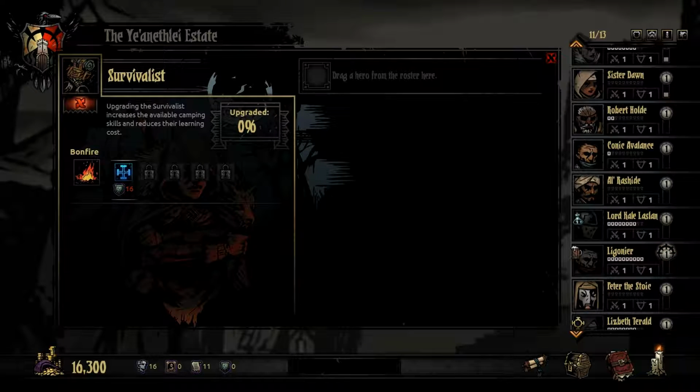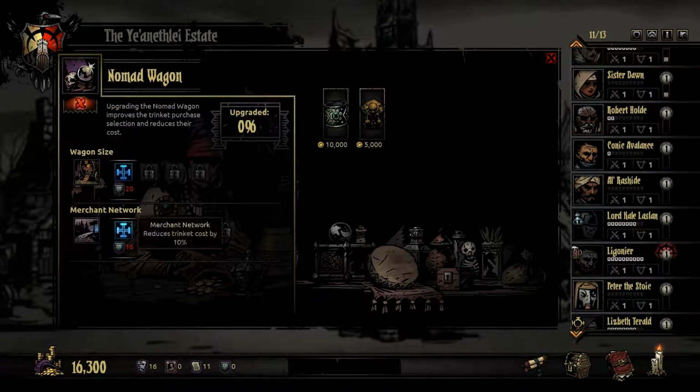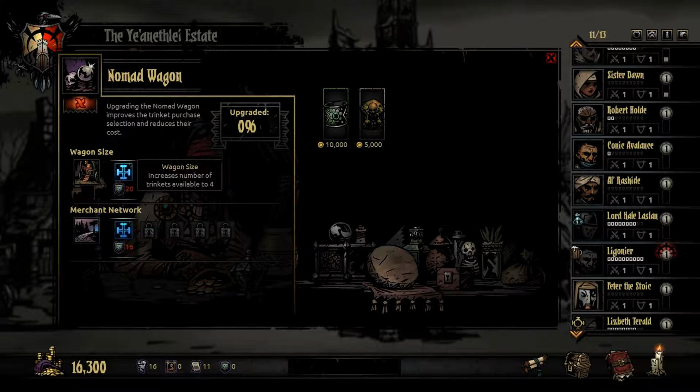I greatly lowered the costs it takes the survivalist to level her up. Now it's just 16 crests as opposed to 32, or reduced it by half. And I think I lowered the costs here somewhat as well for the merchant network. And I think the wagon size, I also decreased the cost of it as it goes up. I think it's 20, 24, 28, and 32 now, as opposed to 20, 28, etc. I'm tempted to